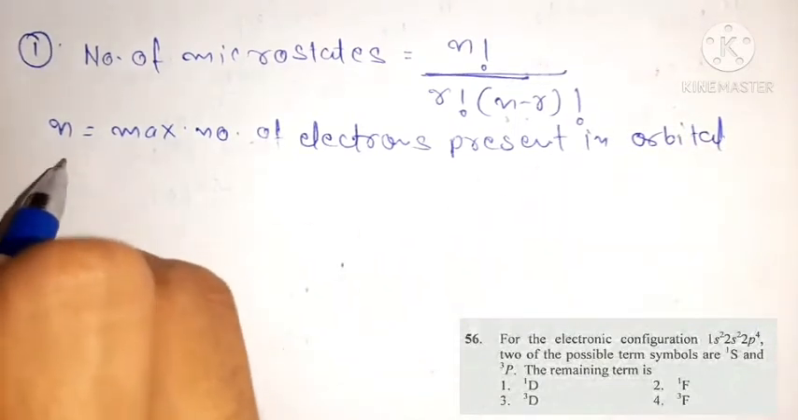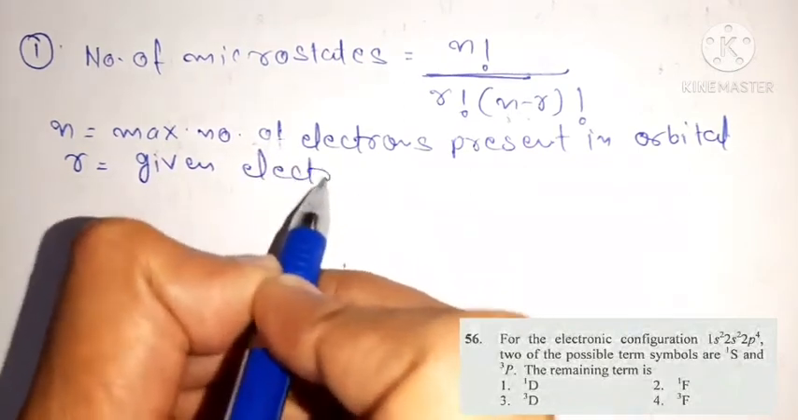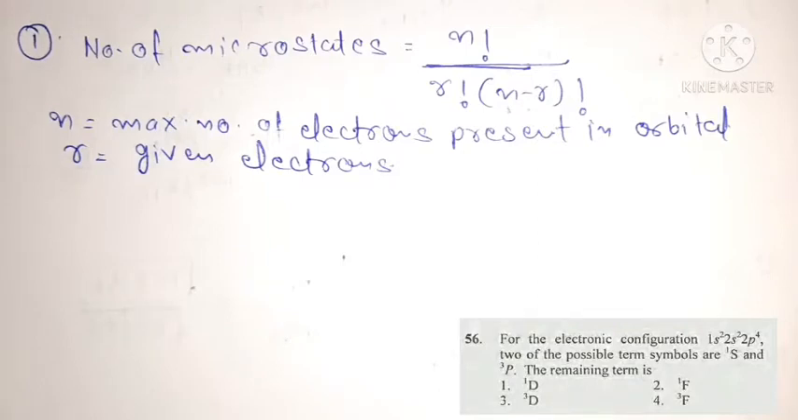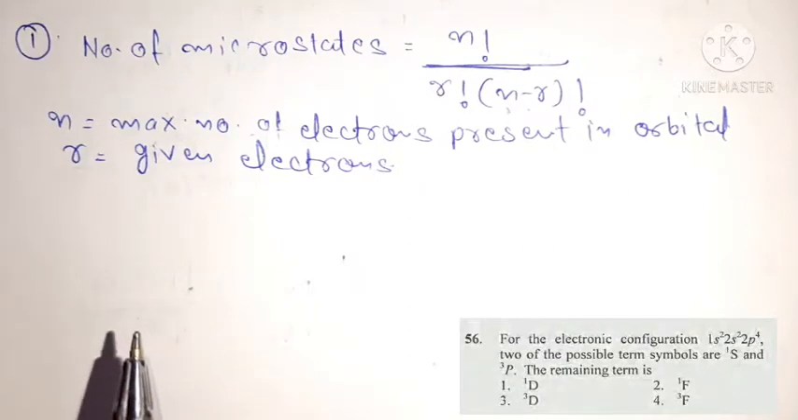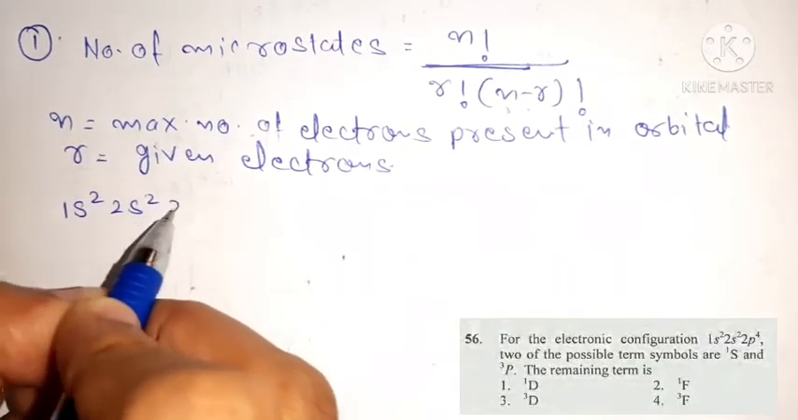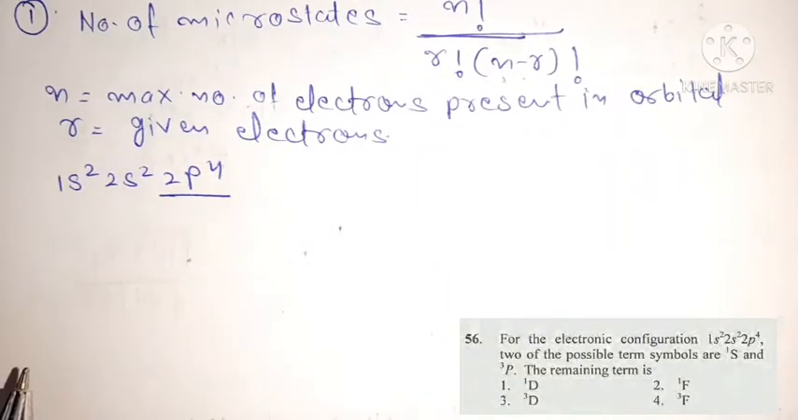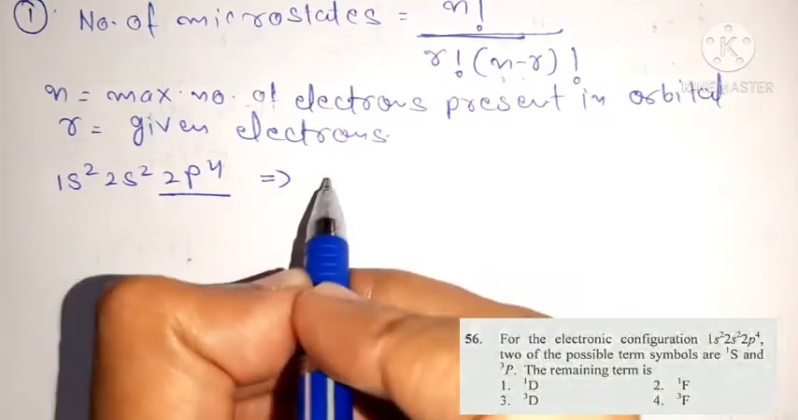Okay, and r is equal to given electrons. Okay, now when you see in your question, we must find the number of microstates for p4. Okay, we have an electronic configuration that is 1s2, 2s2, 2p4. Okay, so we must find the number of microstates for this p4. So number of microstates for p4 is given by